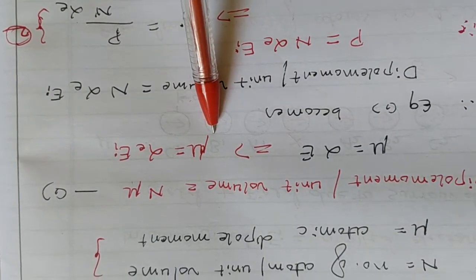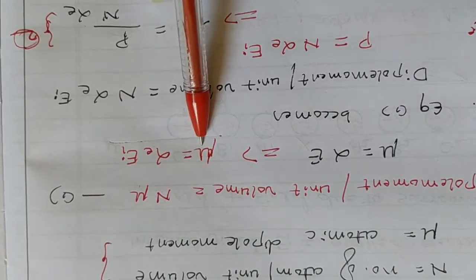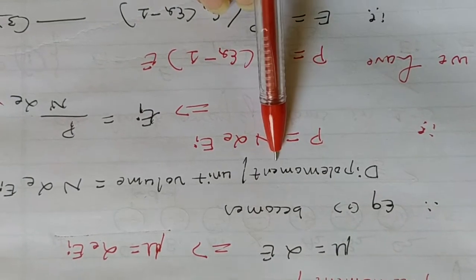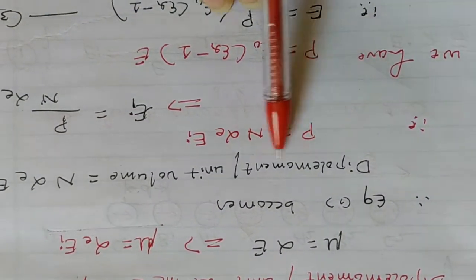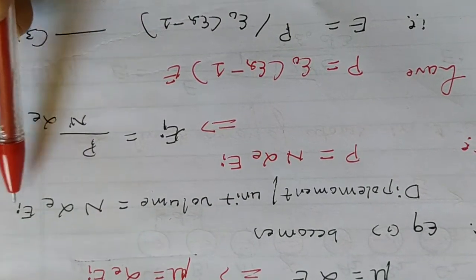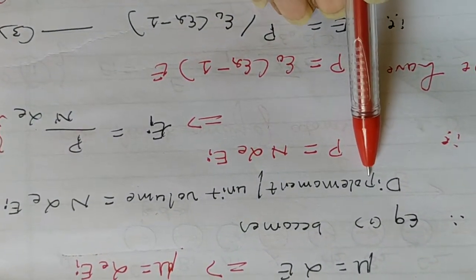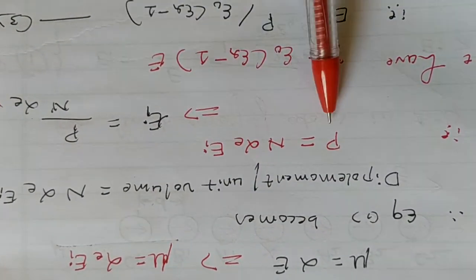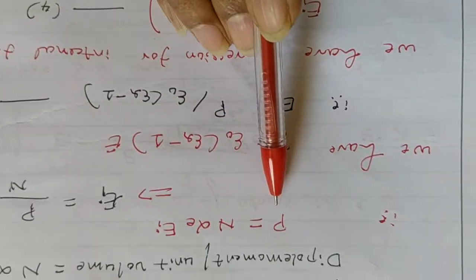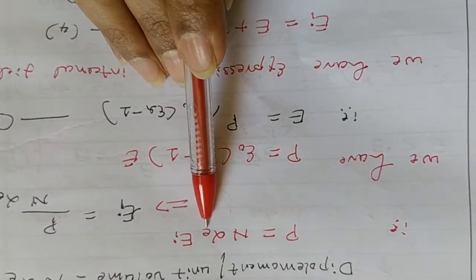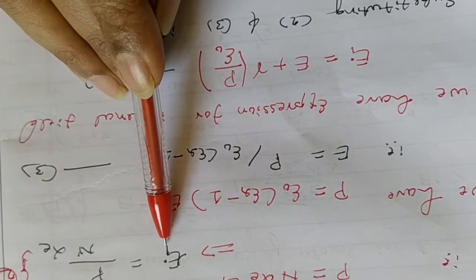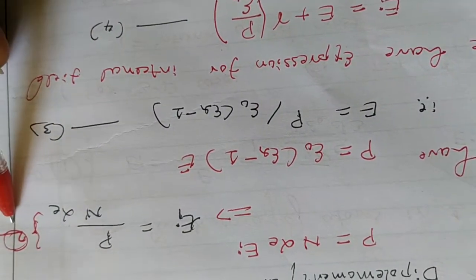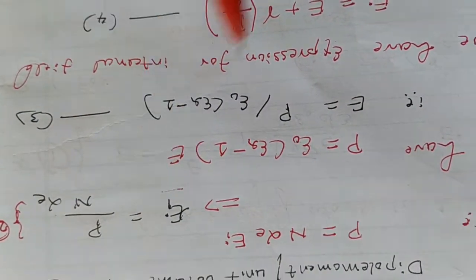Okay, so now the equation gets modified. I can substitute in equation number 1, mu is equal to alpha E into EI. So if I substitute, the dipole moment per unit volume is equal to N alpha E into EI. What is the left hand side? Dipole moment per unit volume. Just now I told you the induced dipole moment per unit volume is called polarization. That means the left hand side is nothing but polarization. P is equal to N alpha E into EI. Now from this we have an expression for EI. EI is equal to P upon N alpha E. Okay, I got expression number 2, an expression for EI, the internal field.